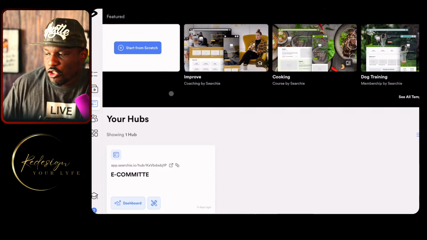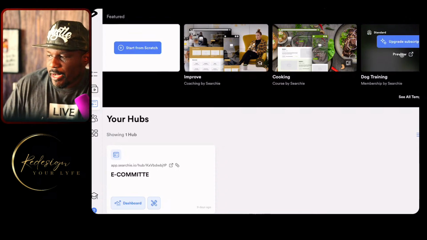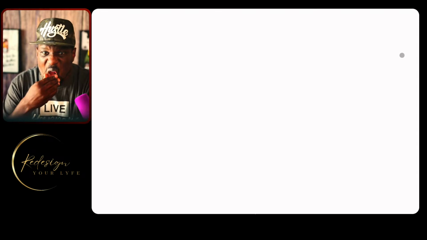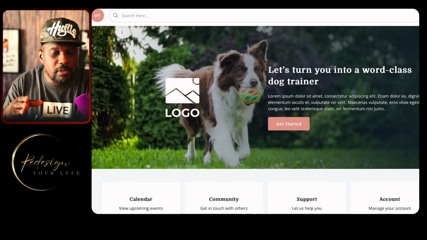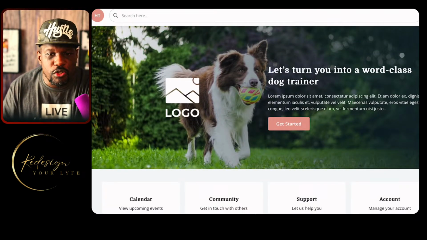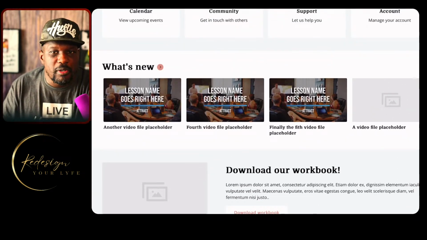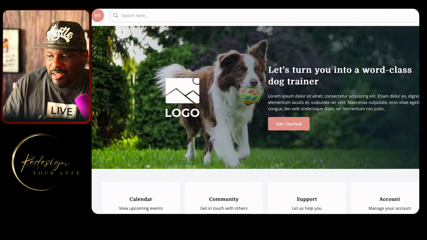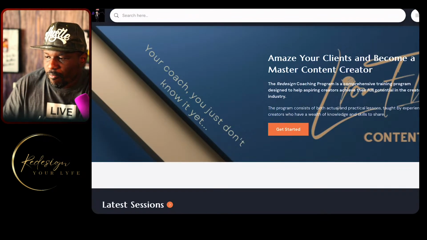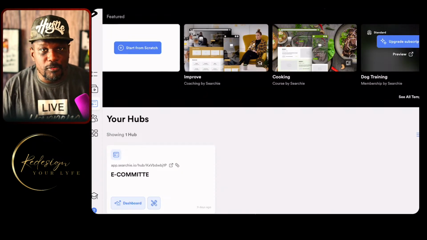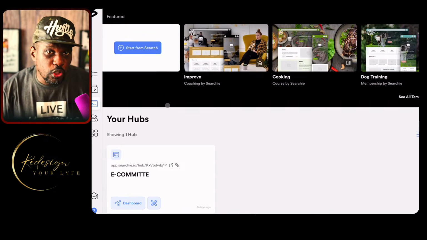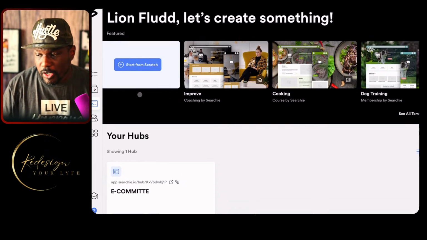So again, I'll show you a different hub right here. So now we go to dog training. Again, you got the context and the gist of it, just showing you what it looks like so you can do it. It's very different. You can label this as easily and as quickly as you would like. All right, so that's a template. Go back to our hub. Now I'm going to show you a little bit more behind the scenes very quickly.